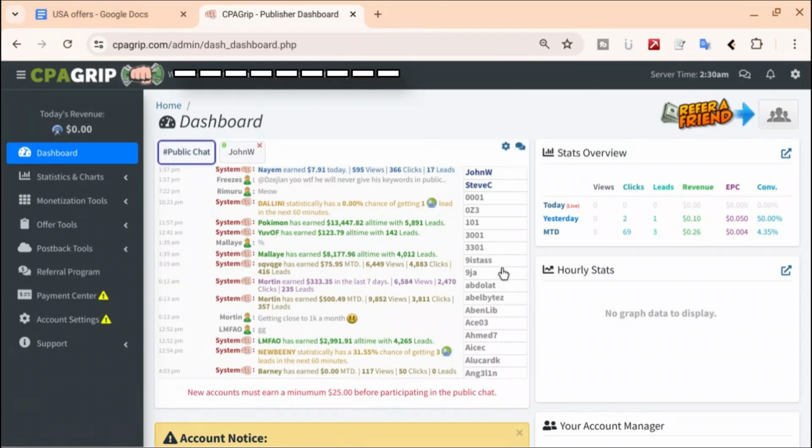So I'm logging into my CPAGrip account. In CPA marketing, there are lots of sites that provide you the chance to make an affiliate ID and work with them. So today I chose CPAGrip to show you how to select an offer from CPAGrip. First of all, you need to sign up for a